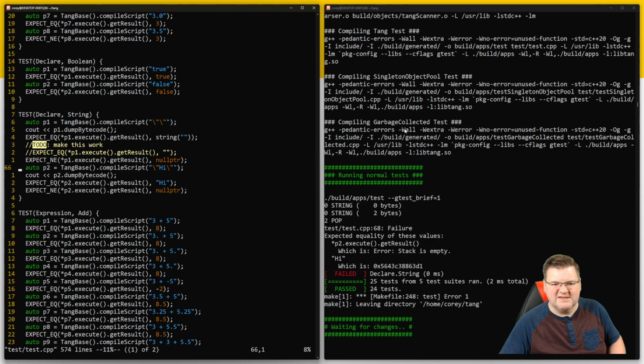So the second 0 string, I was like, why does it not include? That's why I did a make clean and redid it, because Corey wasn't understanding what he was seeing. So it should be 2 bytes, and